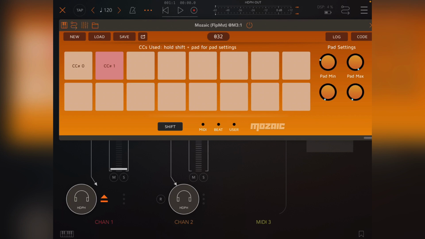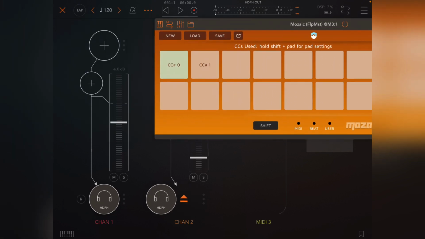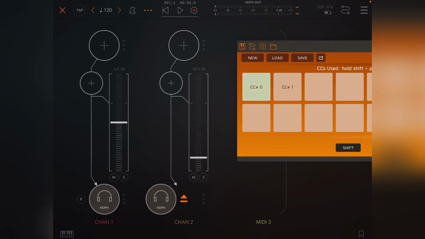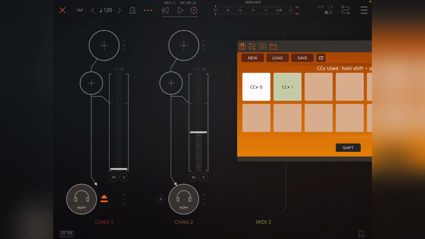So if you want this to be at a minimum of, say, 30 when it's off, and a maximum of 100 when it's on, and that's only for CC number 1. If you do that, this is going from, if you look at the first channel, it's going from max to min. But if you look at the second channel, it's actually going from not max to not min, based on